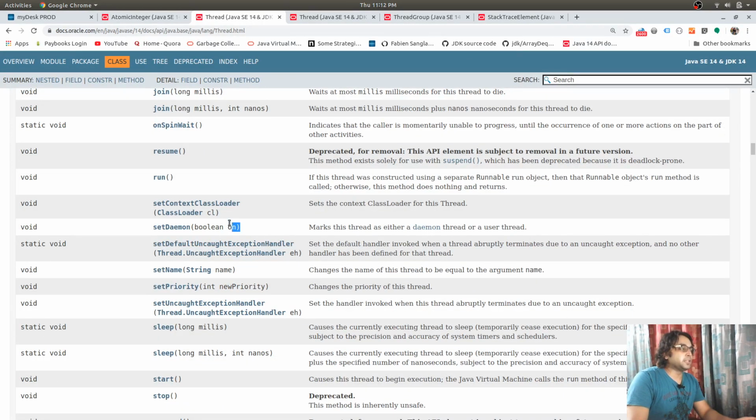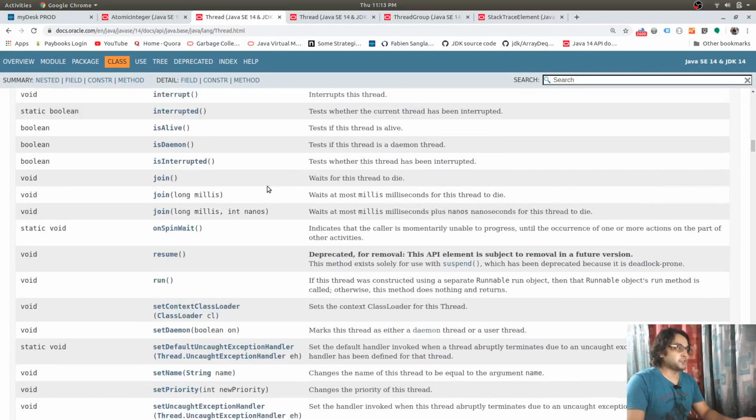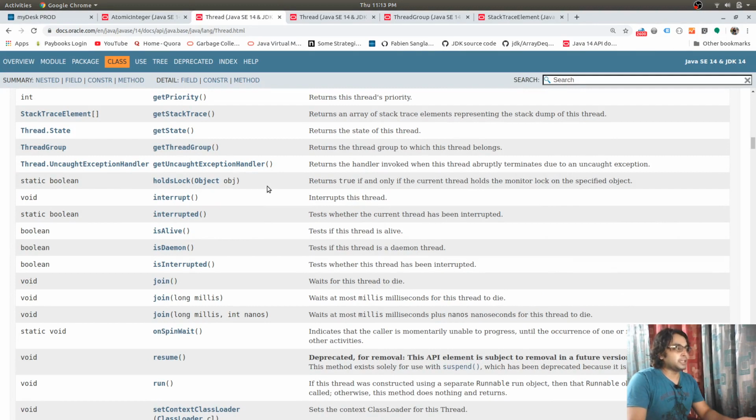A daemon thread is the one that runs in the background, and when the JVM shuts down, it abandons it. So whenever something shuts down, there are hooks or finally blocks that need to be executed. But in the daemon case, if the JVM is shutting down, it does nothing. It just abandons them and does not execute any of its final instructions, or any instruction that is used to clean any resources and memory resources.